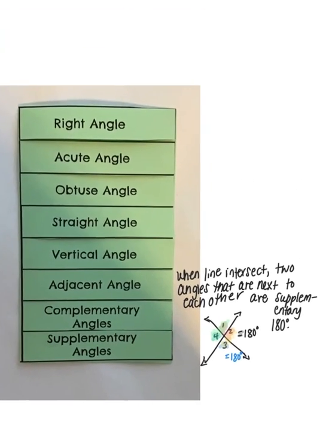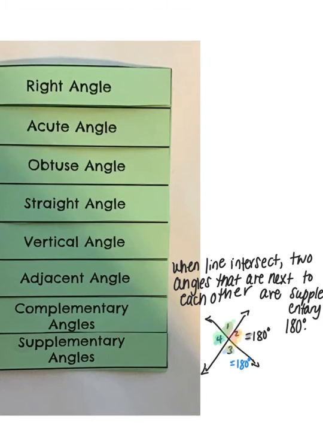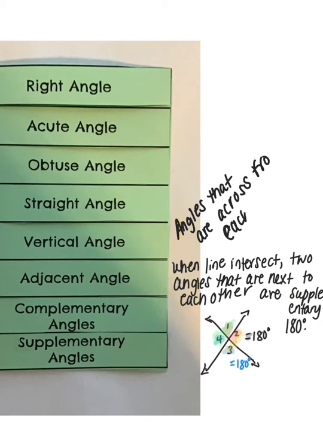So we're going to go back up. We're going to talk about vertical angles. So open that flap up. Vertical angles, same thing happens. So it happens when you have two intersecting lines. And when you have two intersecting lines, angles that are across from each other, let me get my pen back up. Angles that are across from each other, those are called vertical. So angles that are across from each other, and they are always congruent, meaning they are